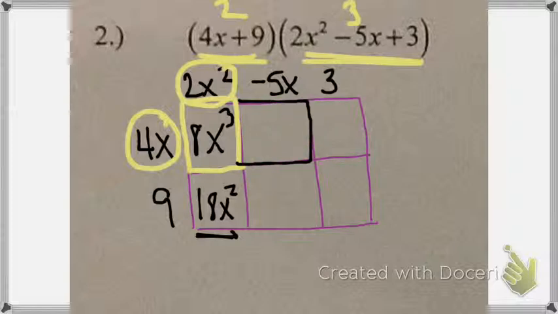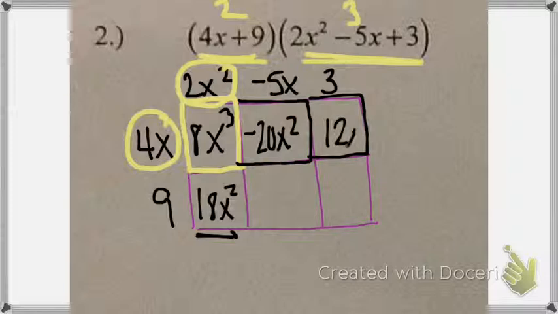We got negative 20x squared. And this is 3 times 4x, 12x. And down here in this box, we've got,